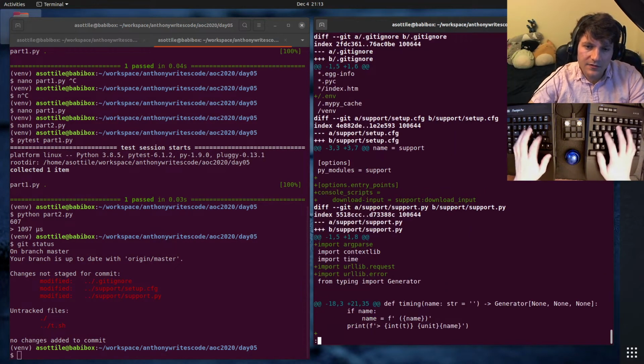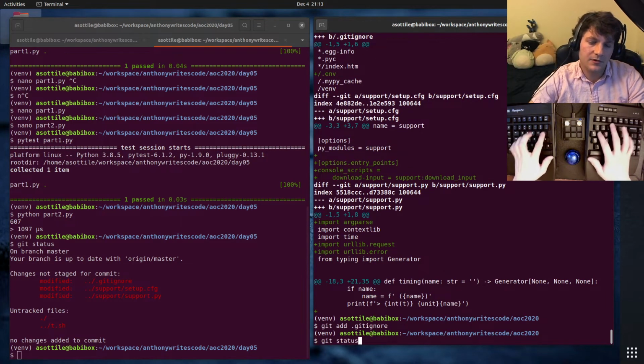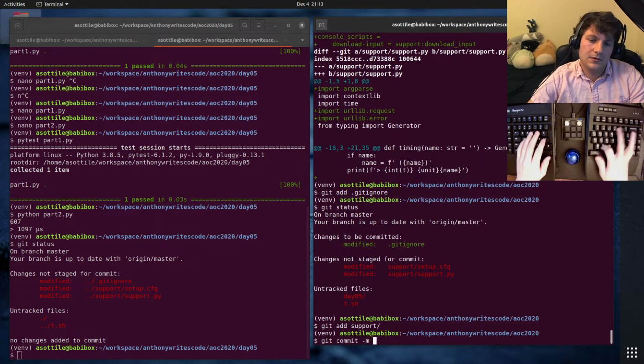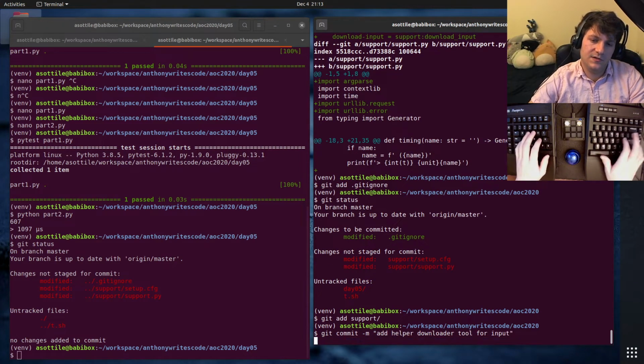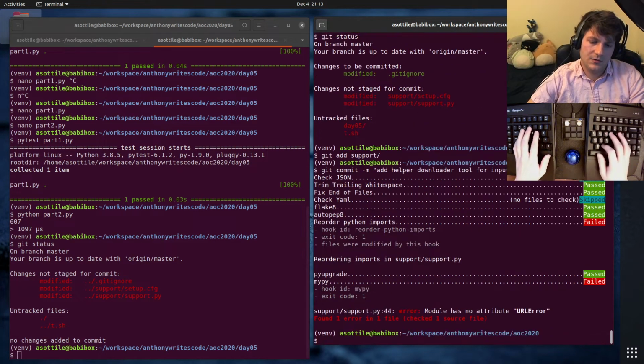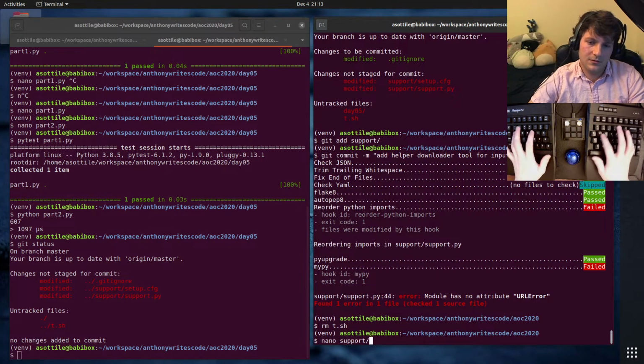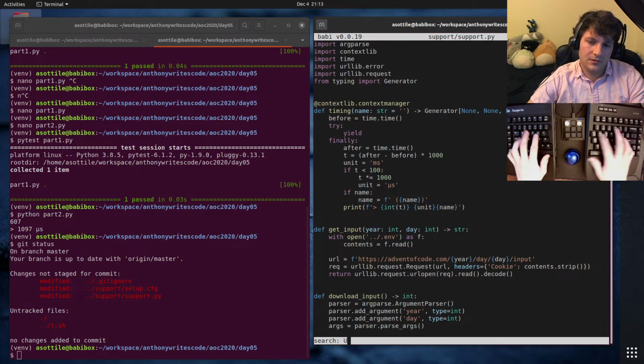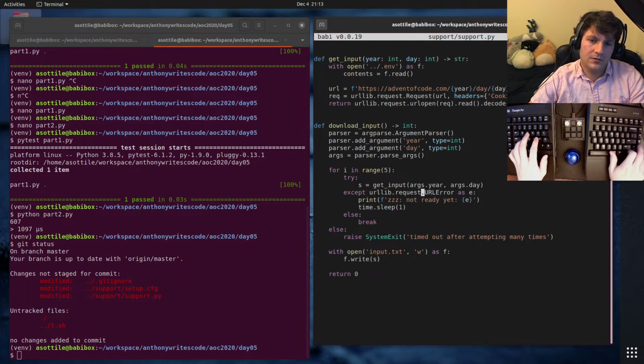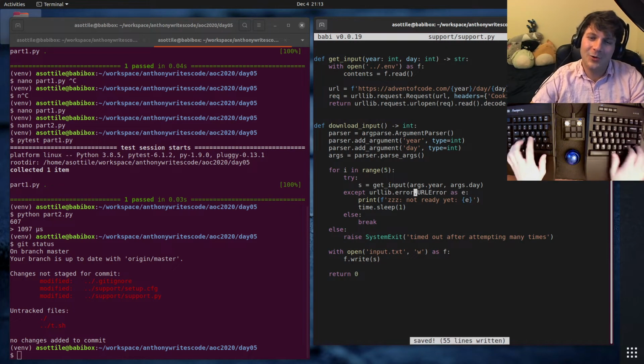Git diff. Git add, git ignore. Add helper downloader tool for input. I don't know how this worked then.